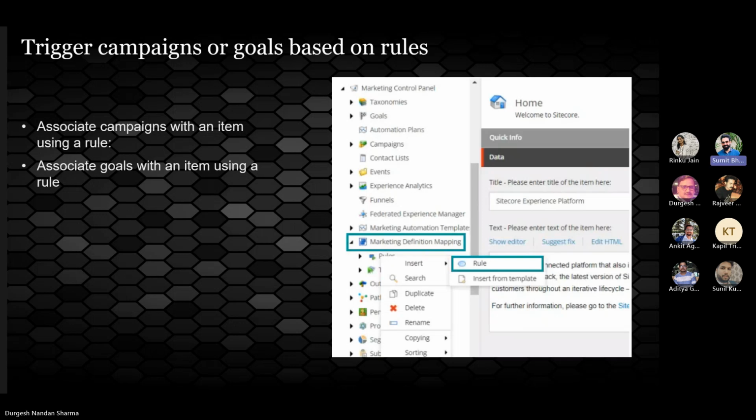So if you create rules in Sitecore, what is a rule? A rule is made up of a condition that when it is met, it triggers a specific action. For instance, if a particular page or one of its child pages is visited, content from one or more campaigns can be shown. So rules can also use tags assigned to items as a condition. For example, if a visitor accesses a page with a specific tag, activate certain